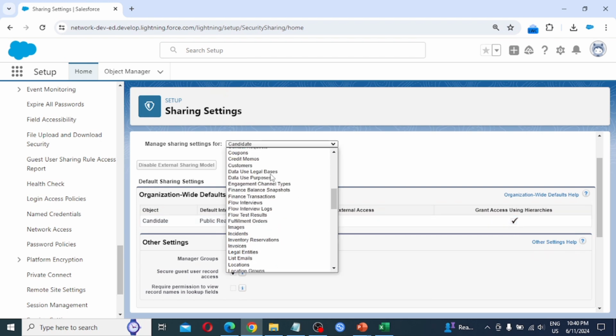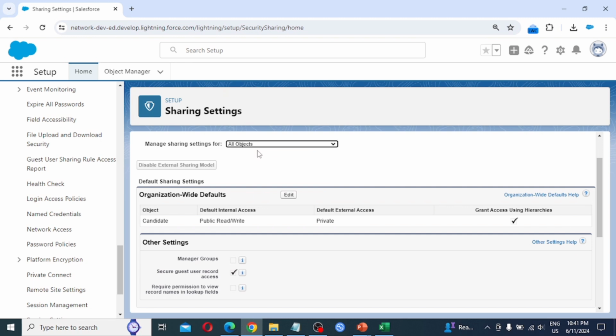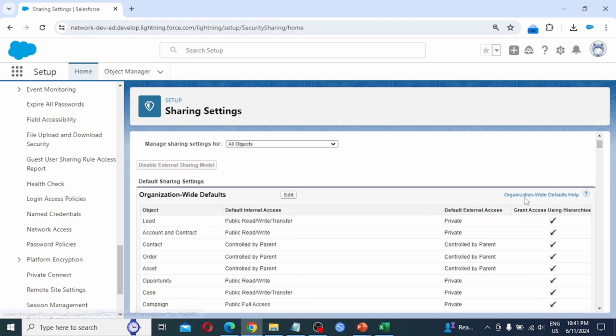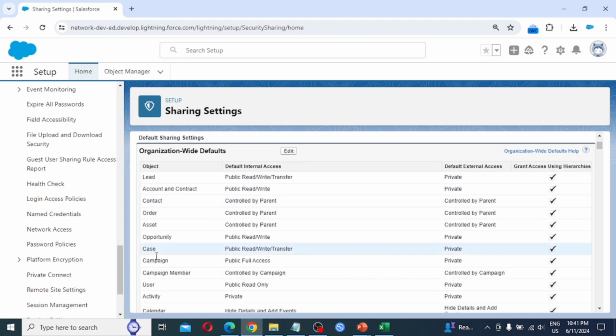So let's select all objects. Organization wide defaults, here we can see the help. So these are all objects. These are default internal access, default external access, grant access using hierarchies.